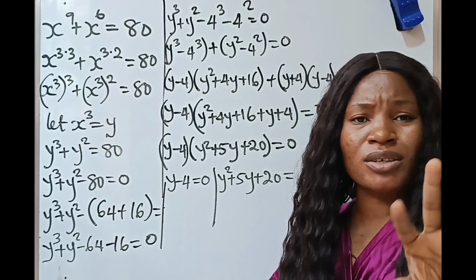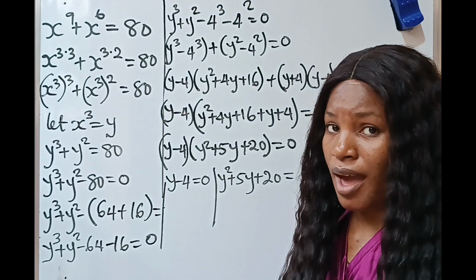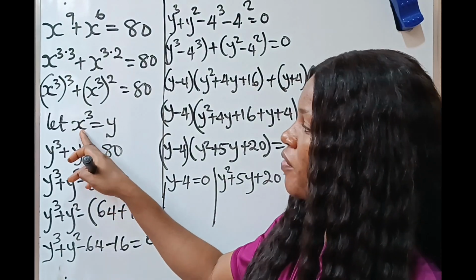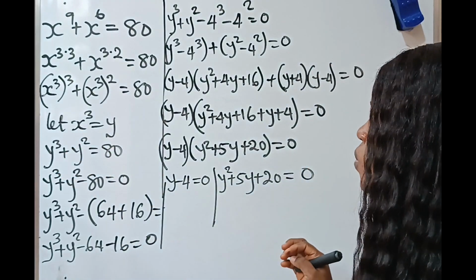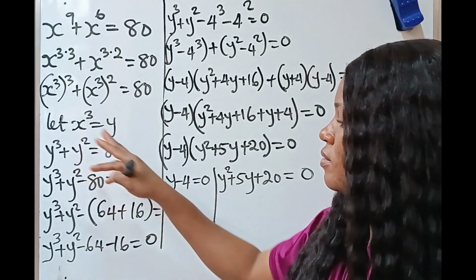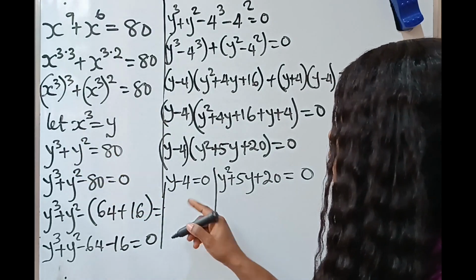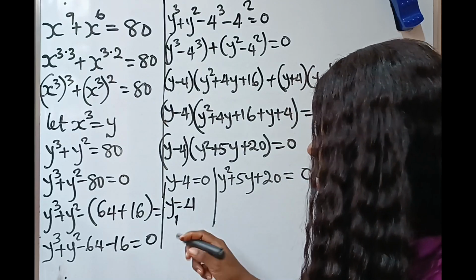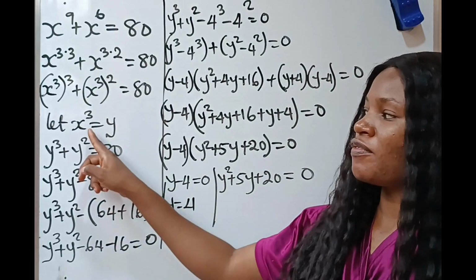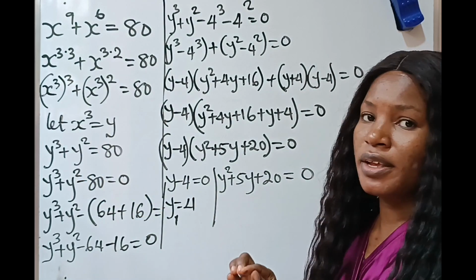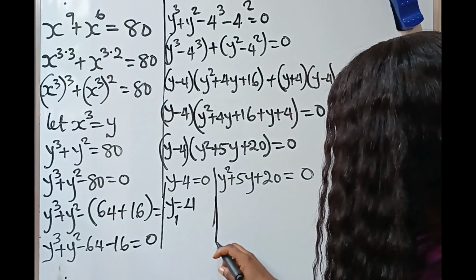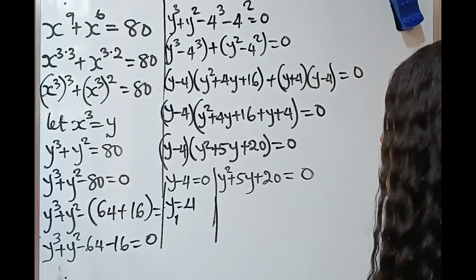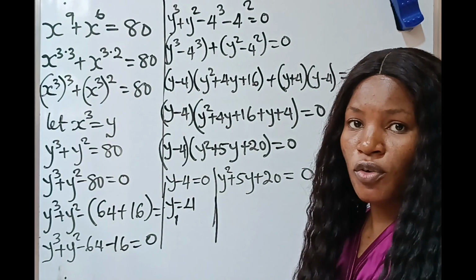Now recall that we are not actually looking for the value of y. Yes, we are looking for the value of x. So I would like you to watch to the end and see how we got x from y. All right. So from here we can see that y is equal to 4. So this is the first value of y. From here we are still going to get the value of x, but for now we are going to leave it pending. Now when we come to this side, we are going to solve this using the quadratic equation formula,